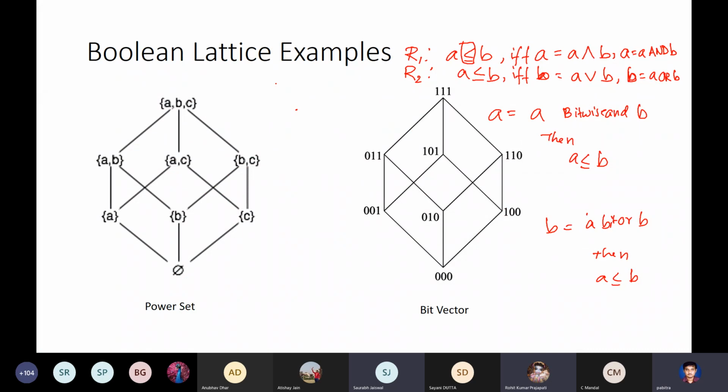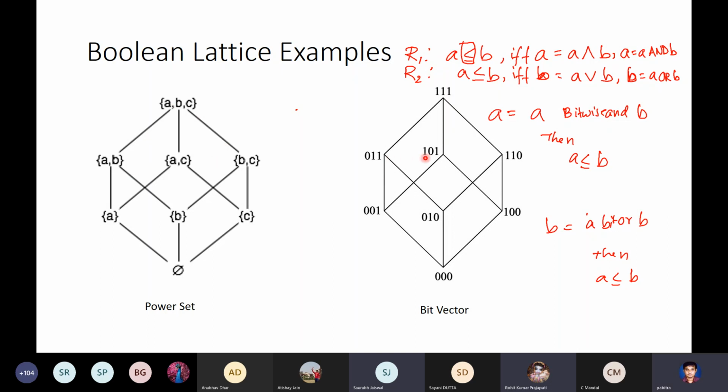You see that there are some elements in this Boolean lattice structure. One more small point I'll just quickly mention is that there is a kind of isomorphism, so to say, between this bit vector lattice and the power set lattice. They look the same. What isomorphism means is that every element here will have an image in the other lattice. For example, this 0, 1, 1 can be mapped to BC, or to AB. There's a 1-to-1 correspondence between the elements, and all the other relations,